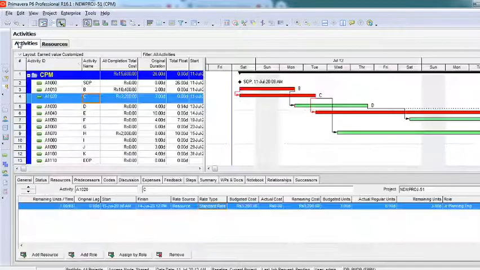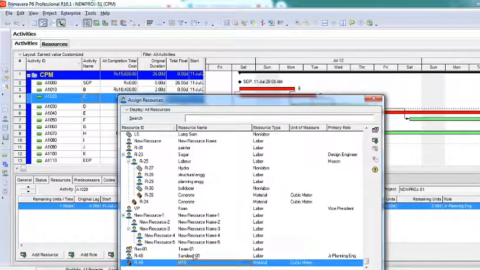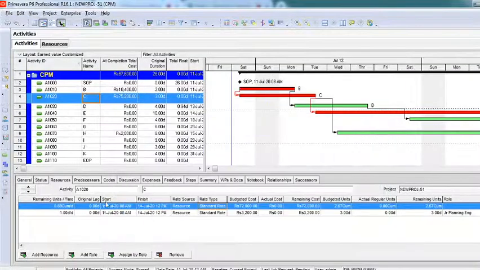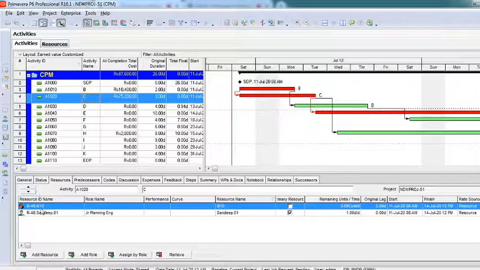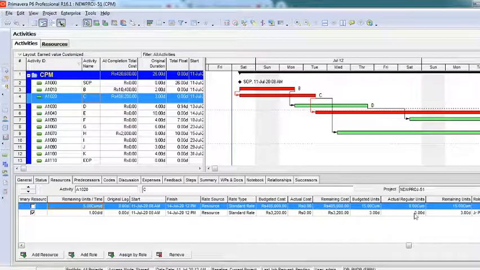Alright, so again I'll go back to my activity page to add. Now I want concrete to be added here. I'll say add resource, and I'll have to select that resource where it has been created and then select assign. You can see here the concrete as a resource has been added separately, and you can see how much quantity it is taking. For example, if I want to increase the quantity of the concrete, I can increase it here. I'll say 5 cubic meters of concrete I need, and you can see it's 4 lakh rupees. Is that the cost that got added between this date and this date?